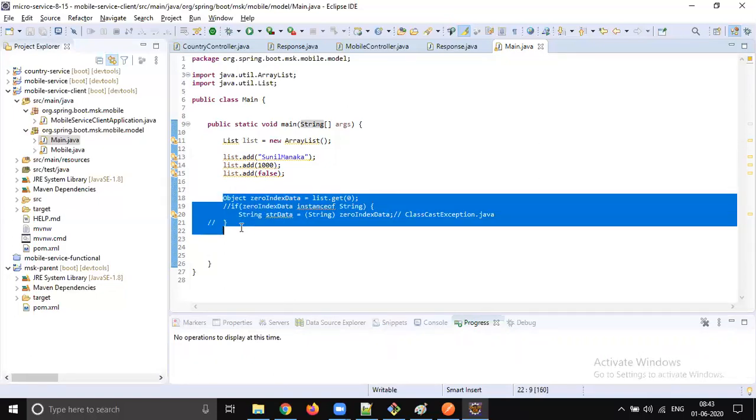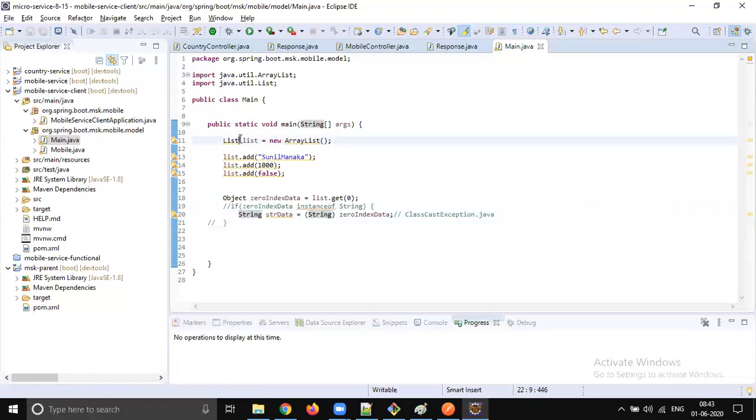So to solve this problem, Java introduced a concept called generics, right? This diamond operator, the diamond brackets. While defining the collections, you need to say what type of data you are going to store. With JDK version 1.5, you need to do something like this.